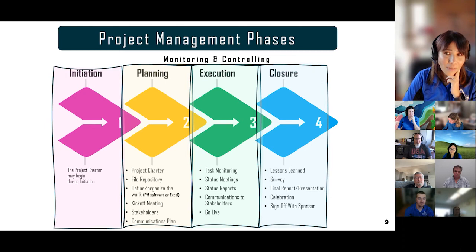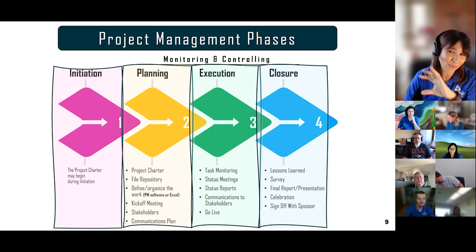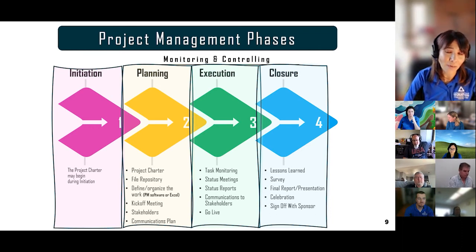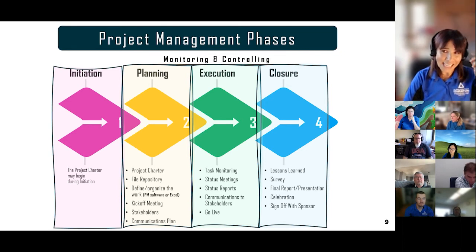And we really focus on these 3: planning, execution, and closure, while acknowledging that monitoring and controlling happens throughout all of those. So this is really how we've interpreted what PMI has to say, and this is what we focus on. As far as initiation goes, that's the first one. Initiation is when you have this inkling of an idea. You're just starting out and exploring whether you will pursue a project.